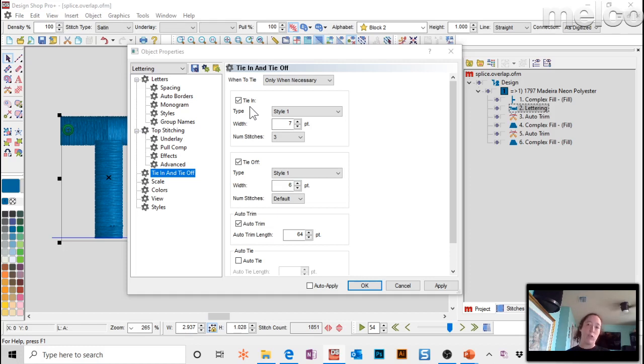After a trim, the top thread is no longer connected to your bobbin thread, so you don't want to just stab into the fabric and start sewing, because that's when you just drag thread along. What you want to do is lock that top thread and bottom thread together so that you have a nice starting stitch. So the tie-in,